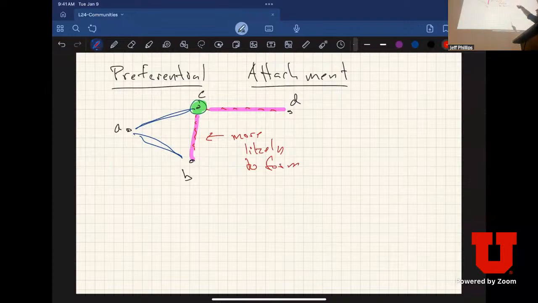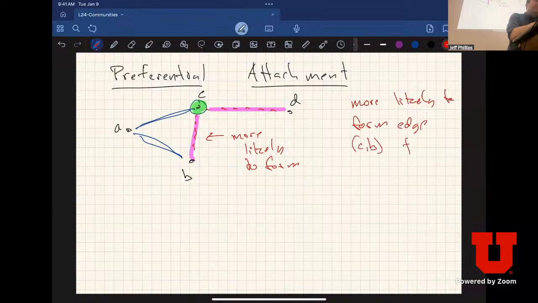If C is connected to B already through a joint neighbor A, they're more likely to form an edge with B. The idea is that I'm more likely to form edge CB than CD if it forms a triangle